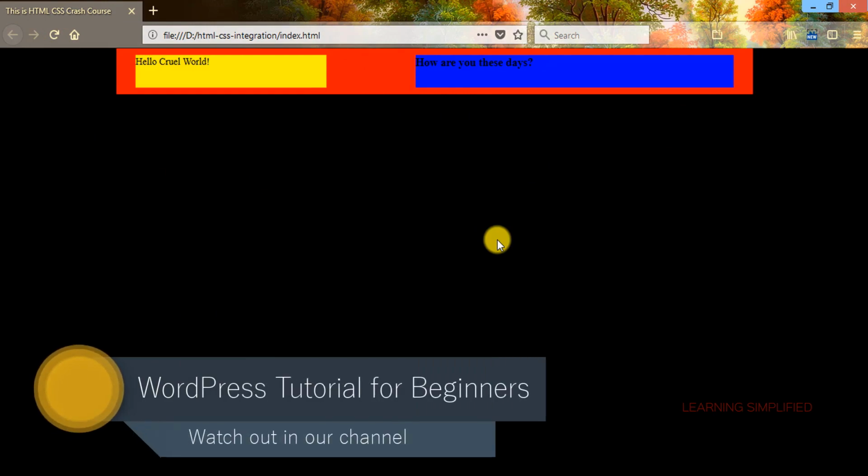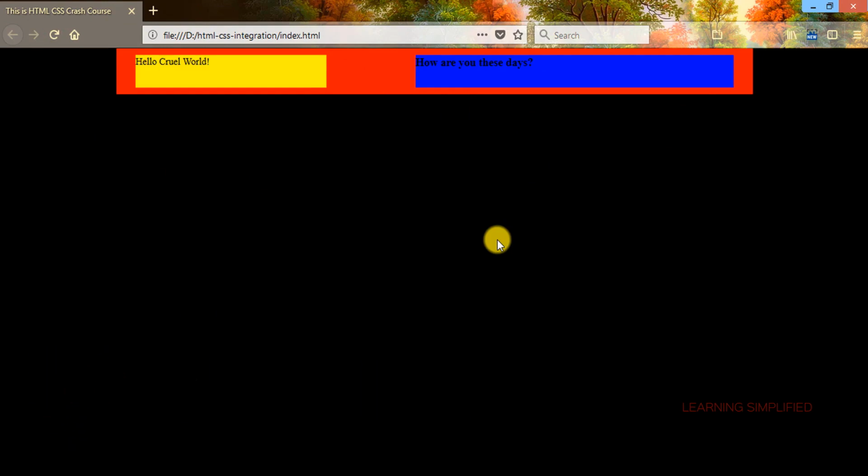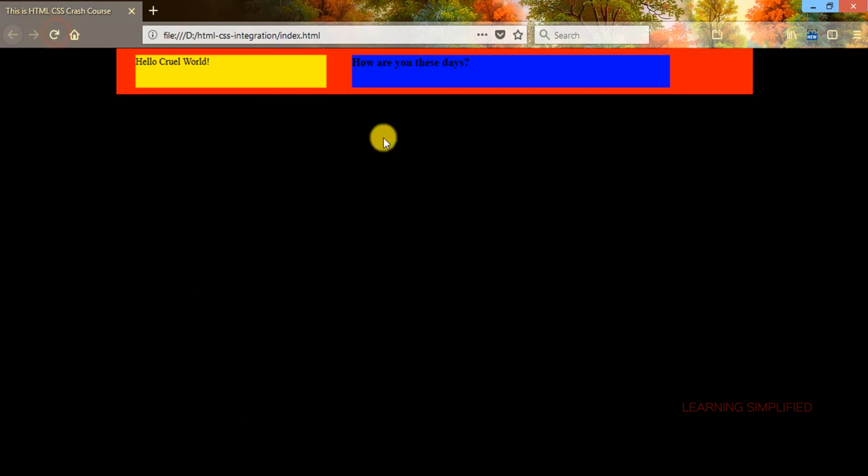We are practically using two different boxes which are attributed to two different float properties. So what if, instead of float right, we provide float left here? What will be the output? Get back to your project, reload, and you can see that it is now floating left, leaving the proper margin in between.